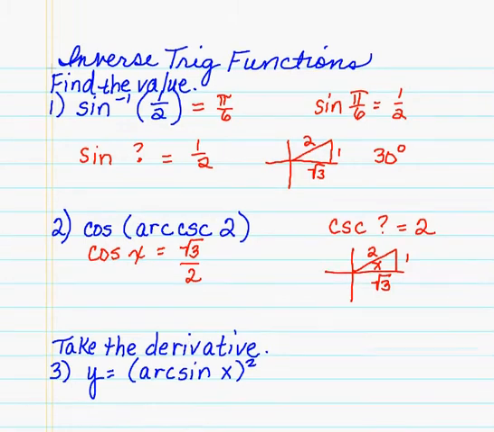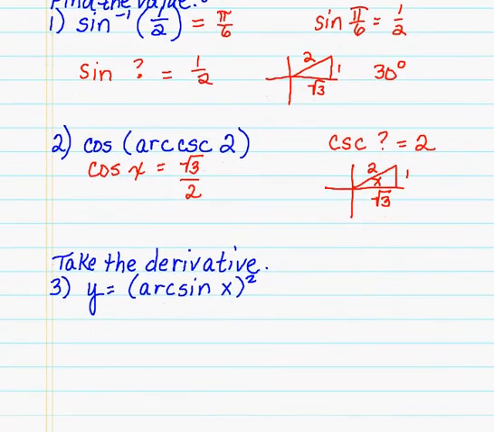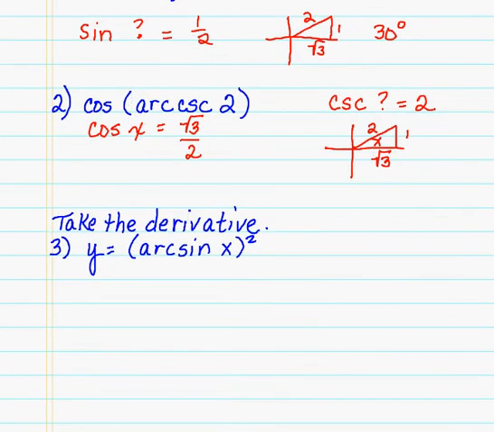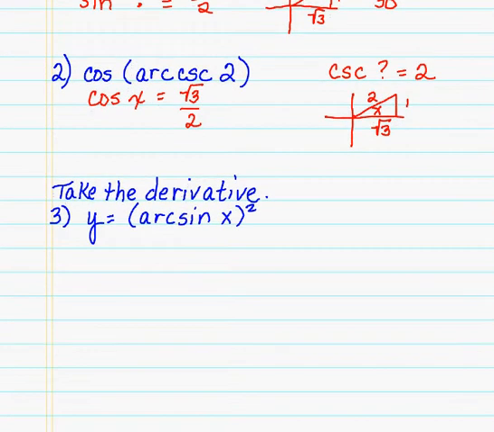Finally, let's take a derivative with inverse trigs. Here in number 3, we're looking for the derivative of y equals arc sine of x squared. Since we have an inside-outside function going on here, we'll need to use the chain rule. So we'll find the derivative dy dx